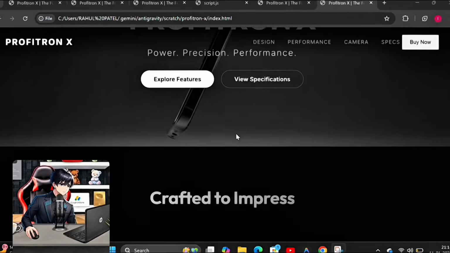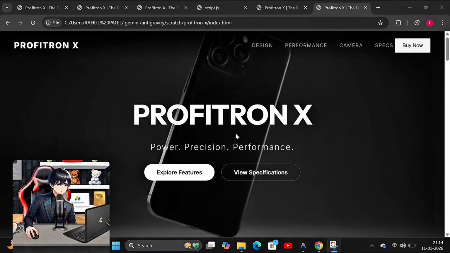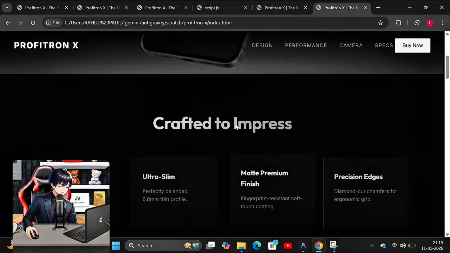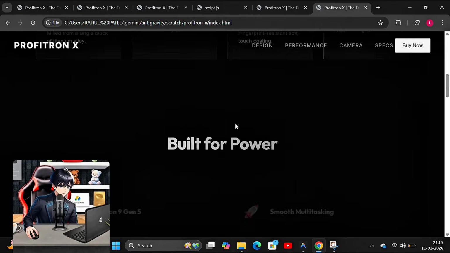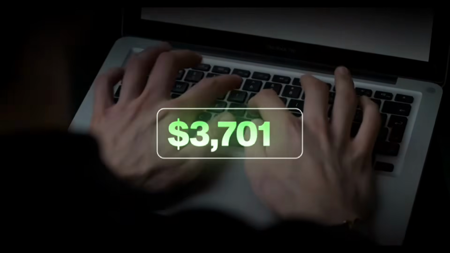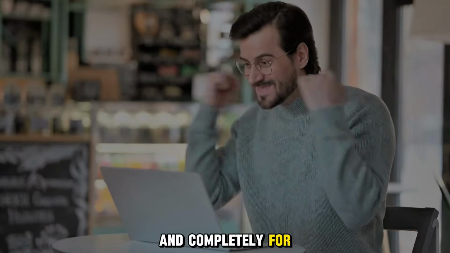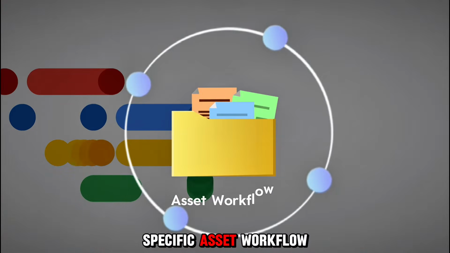Look at this website. When I scroll down, these mobile phones don't just move, they rotate into a 3D style. And this looks like an Apple product page that cost thousands of dollars to develop. But I built this entire thing in under 10 minutes and completely for free using a specific asset workflow in